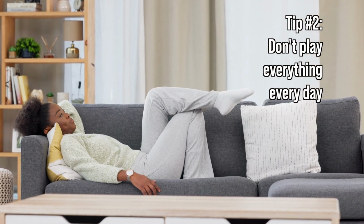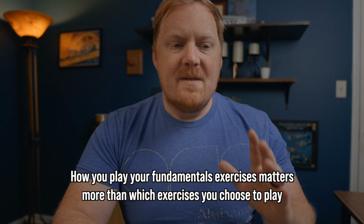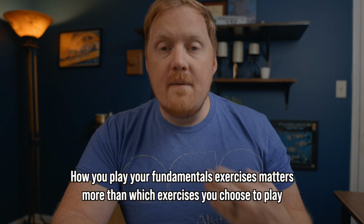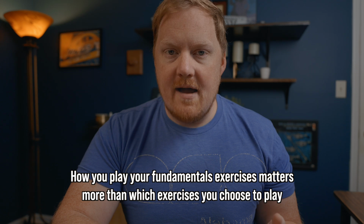When you're working on fundamental exercises in your routine, let's say you're doing an Arban exercise for articulation development, it's important to understand that the exercises themselves are not all that important. It's far more important how you play the exercises. In this case, it's important how you are playing the Arban articulation study and how that is helping you develop articulation. So hopefully it makes sense that as long as you are doing something each day for articulation, you're still